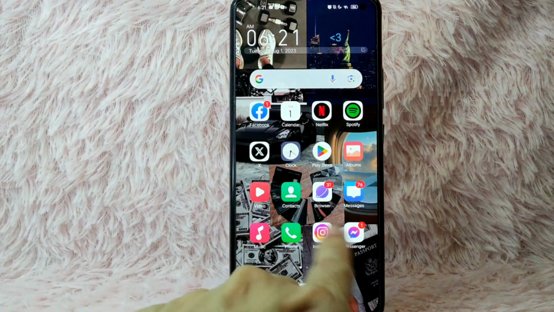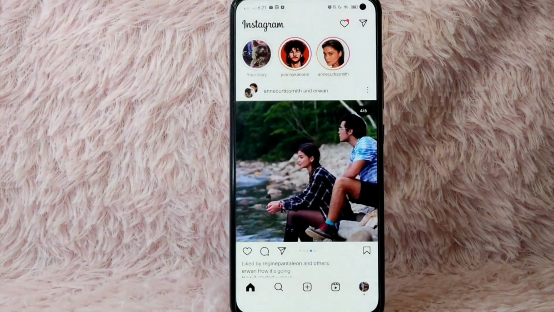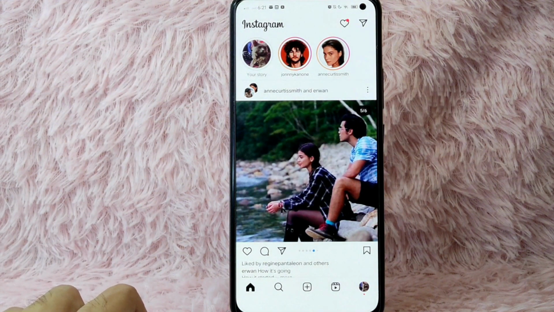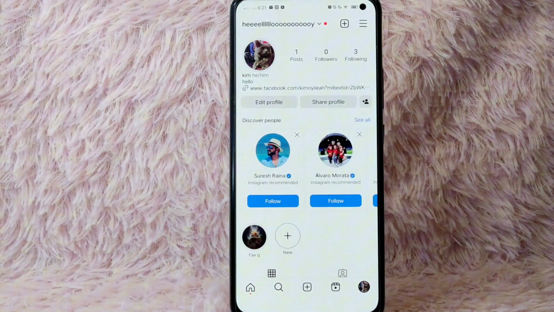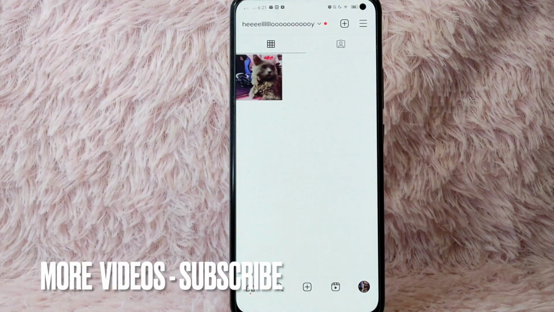First, you need to open your Instagram application and log in with your Instagram account. And then you'll be directed into this Instagram homepage. From here, you will see your profile icon at the lower right corner of your screen. Simply tap on it. And then in here, scroll down and select the specific post you want to turn off